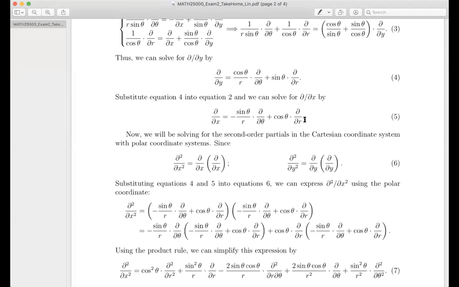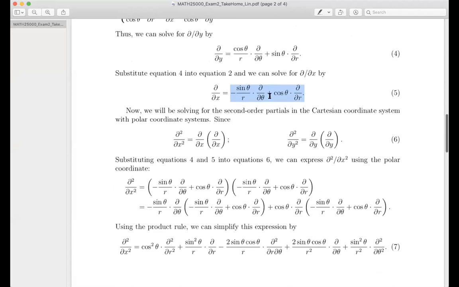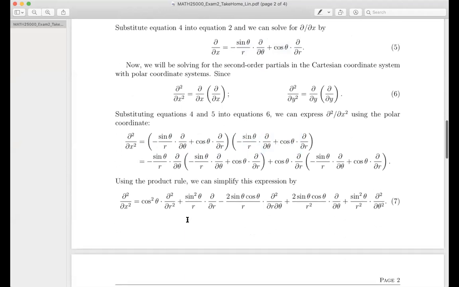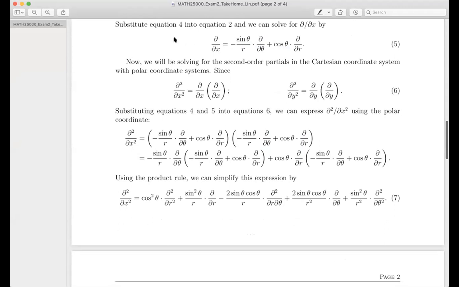But since you already have the change of coordinates for partial x, you can just replace this using polar coordinates, theta and r, here and here. Remember, for this,